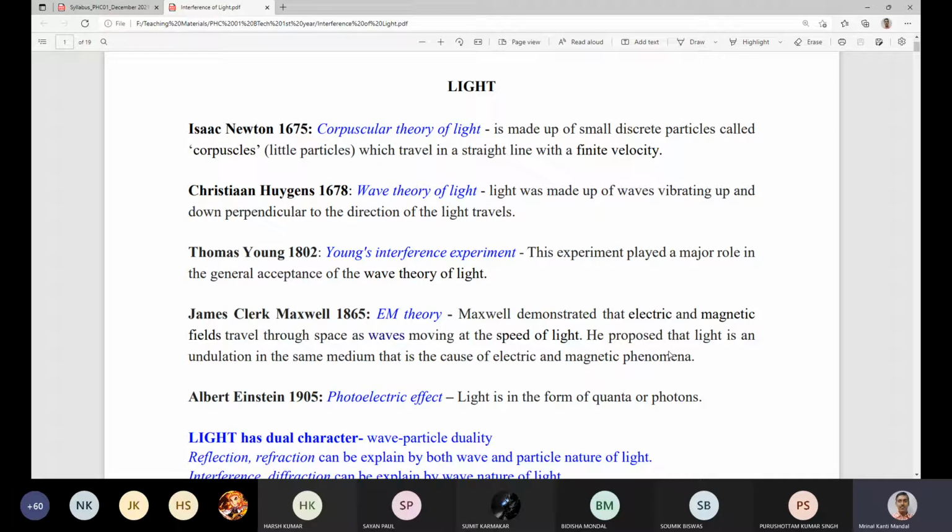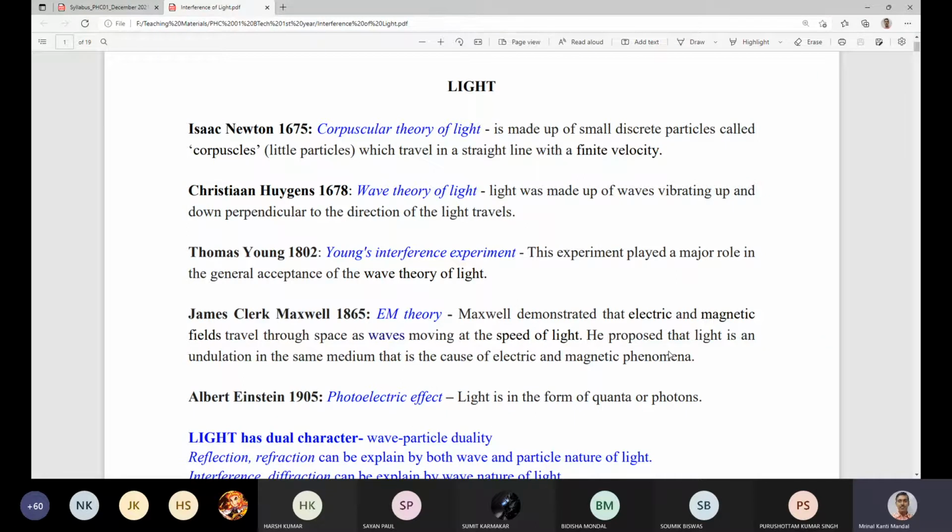Later on, again in 1905, the photoelectric effect, this experimental observation, can be explained on the basis of the corpuscular theory of light, right? It cannot be explained with the help of wave theory. In the meantime, there is also black body radiation, which can also be explained with the help of corpuscular theory. So now we can observe that there are many experiments which can be explained with the help of wave theory, and there are some other experiments which can be explained with the help of corpuscular theory.